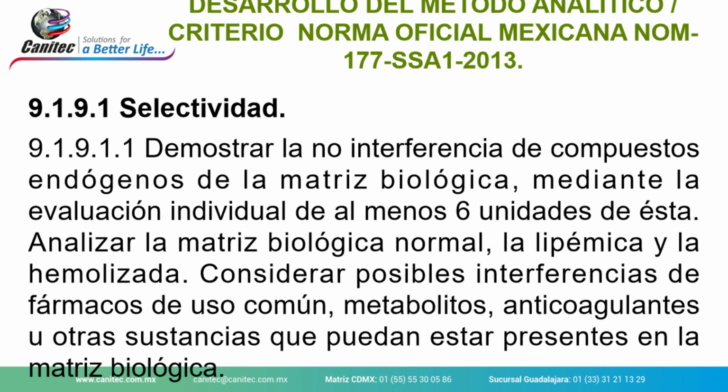También la norma en el numeral 9.1.9.1 nos habla de la selectividad. Dice que debemos demostrar que nuestro método analítico no interfiere en los componentes endógenos. Entonces nos pide que utilicemos al menos un análisis de 6 unidades de fuentes diferentes de plasma y que sus metabolitos y sus anticoagulantes, las sustancias que pueden estar presentes en la muestra, no